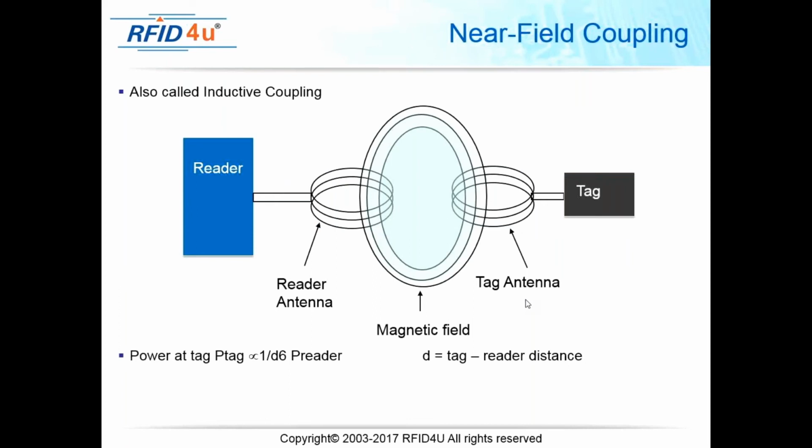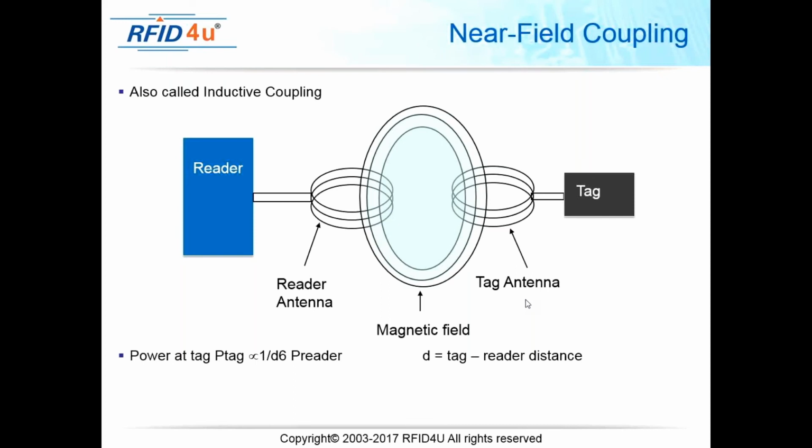So near field coupling is using a magnetic field. For those of you that have worked back in school, and you had a battery, and you connected to a battery, you wrapped the wires around a nail and powered it, that created a magnet. This is that same concept, in which you have a magnetic field,